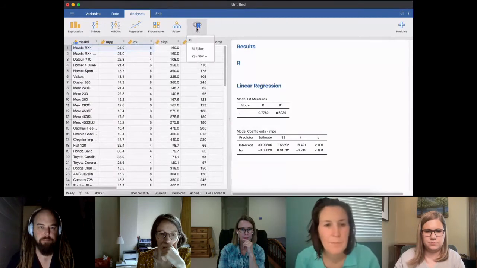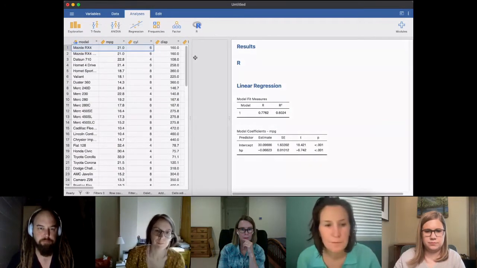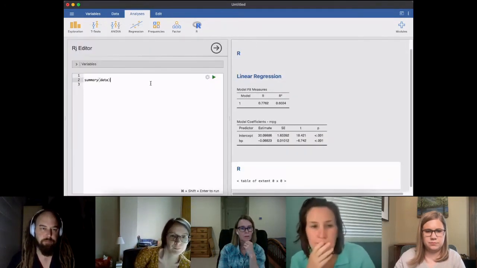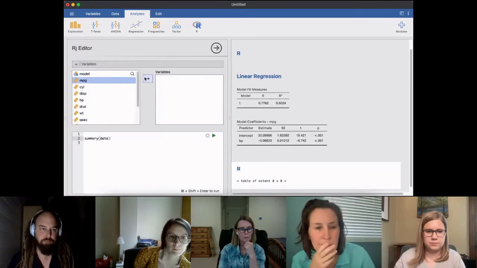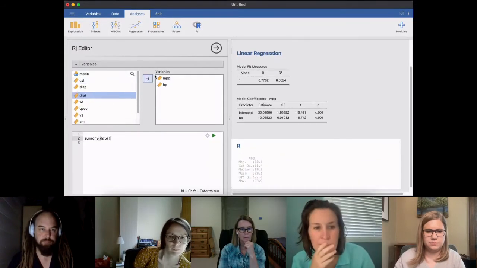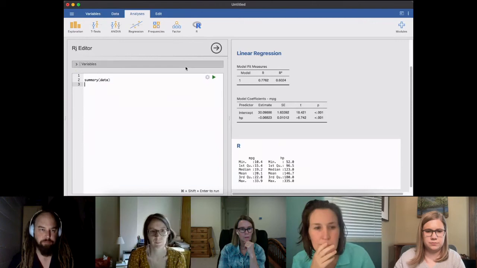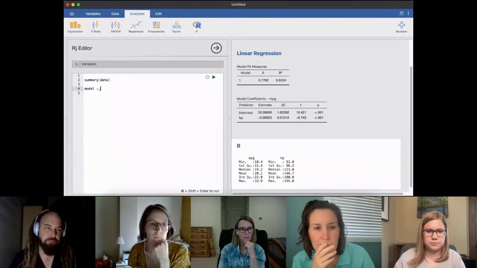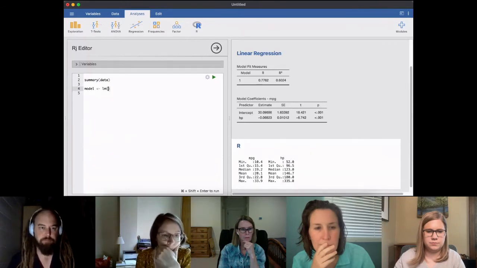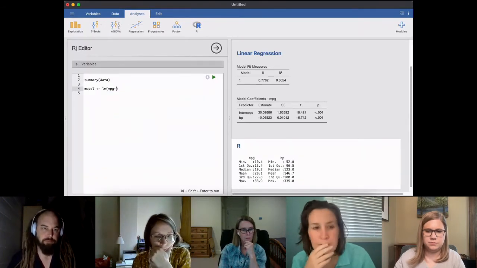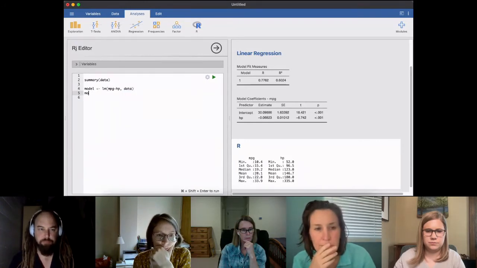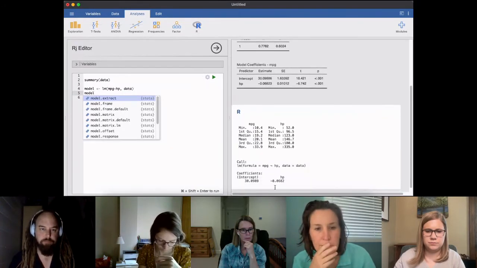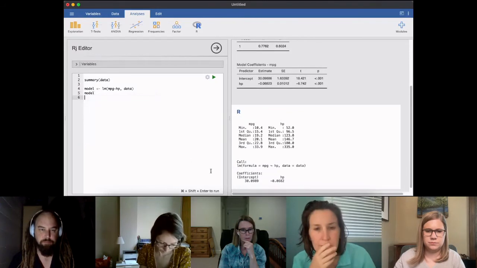But of course, I can run exactly the same analysis in R. So let's do that now. So again, let me just bring miles per gallon and horsepower across. And then I'm going to go model. I'll define my model using the lm function. What do we say? Miles per gallon as a function of horsepower. And let's run that. And so when we do that, we get this